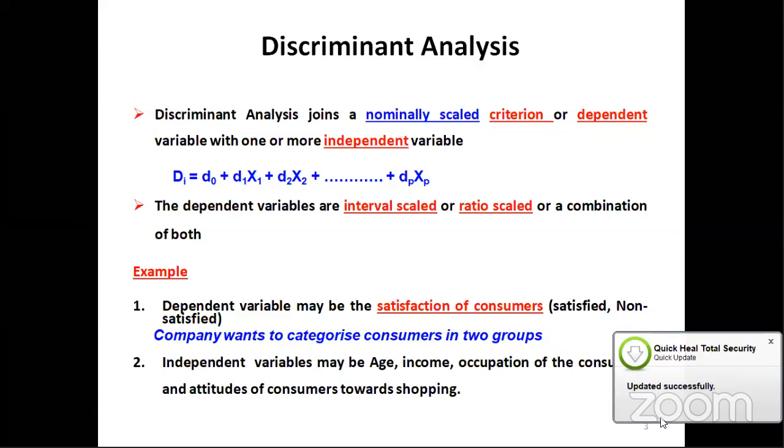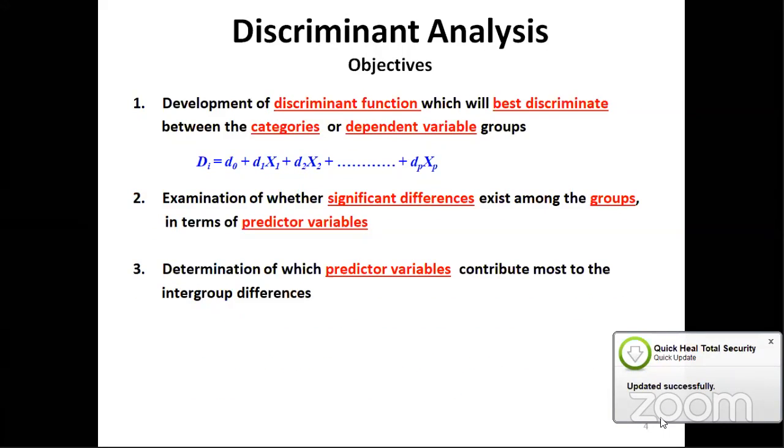If your dependent variable is nominal scale, but you have collected information using ratio scale, or your data is metric, and you want to apply discriminant analysis, first you have to convert those ratio scale data into nominal scale data. Then we should go for the